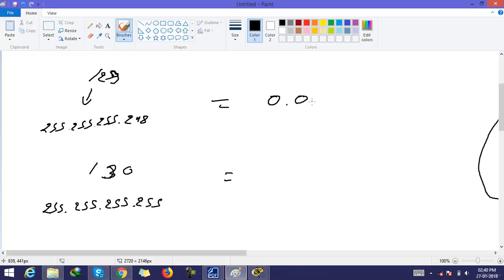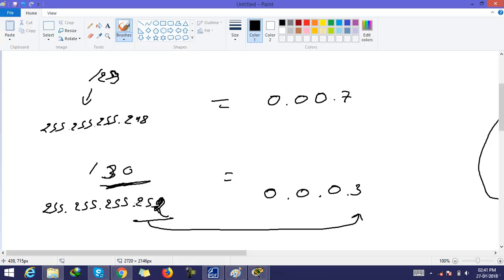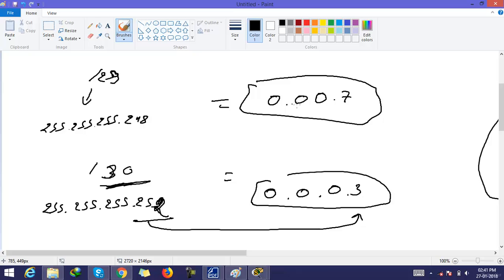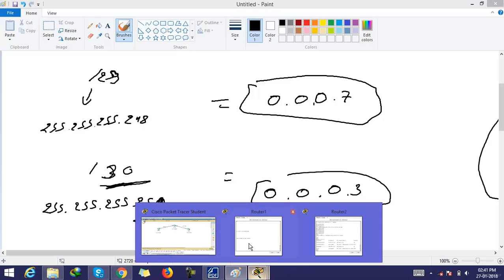wildcard mask becomes 0.0.0.7, and for this the wildcard mask becomes 0.0.0.3. Here we use 252 because the CIDR is 30. So because of 252, the wildcard mask becomes 3. So the total wildcard mask becomes 0.0.0.3, and for /29, the wildcard mask becomes 0.0.0.7. So now let's configure the